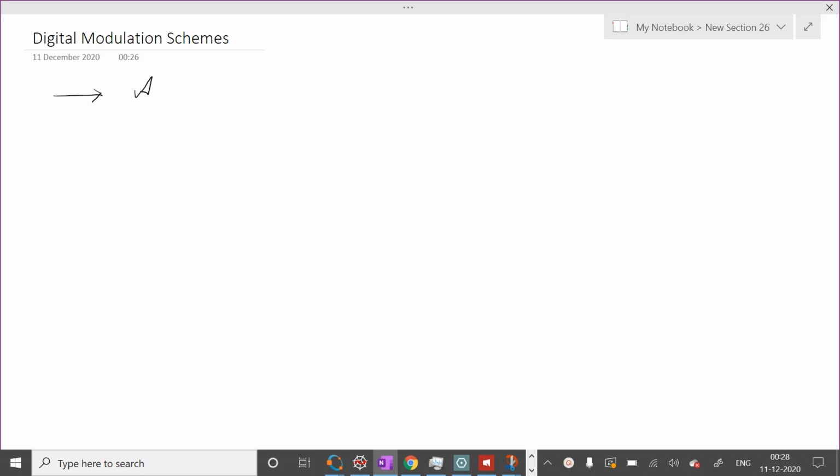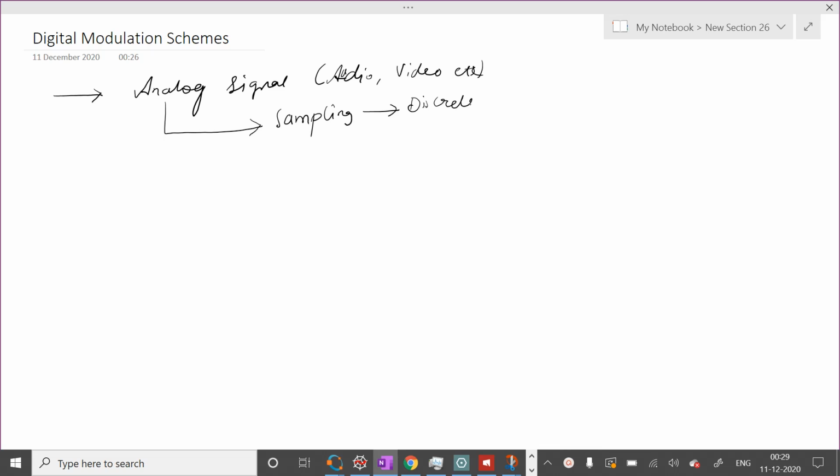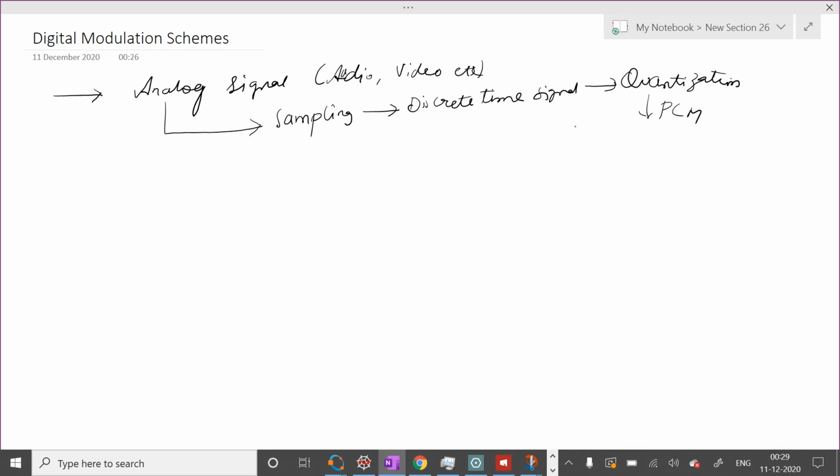So we had an analog signal. As an example, it can be any audio signal, or it can be any video signal, or any other signal. Okay. So what we did is we performed sampling, and we got a discrete time signal. And then we performed quantization, and we used pulse code modulation, and now we have simply a binary sequence,